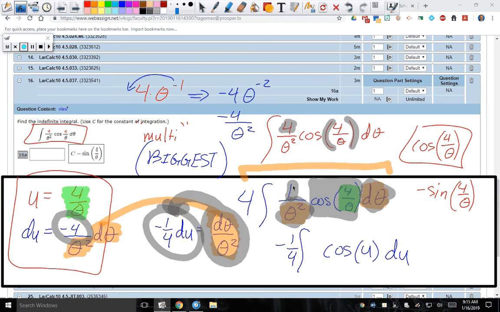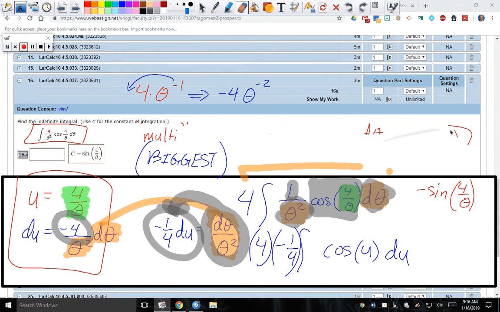But what's one thing that's glaring at me that I haven't yet accounted for? The 4. Well, the 4 is going to be constant multiple ruled in. And be careful, because this is multiplication, not subtraction. So ultimately that 4 and the -1/4 will cancel to what? -1. Okay? So you're going to write your thing. Let me go ahead and rewrite this. My final is going to be a negative